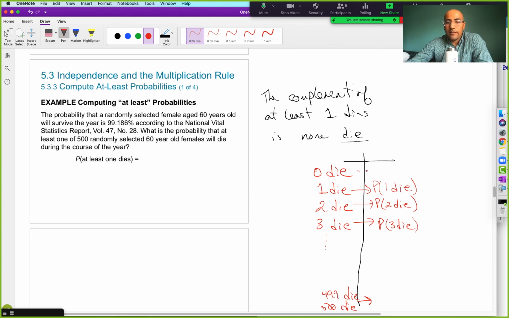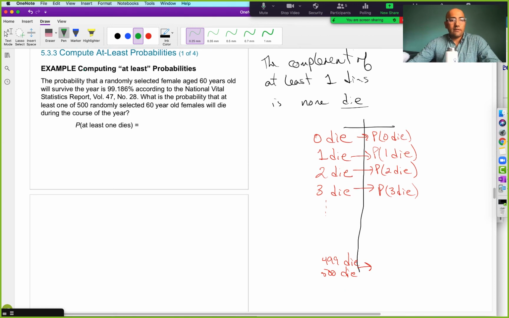What's the probability that 0 die? Now the statement, at least 1 dies, encompasses all of these cases over here. Good. So one way to approach this is to find the following. When we say the probability that at least 1 of the 500 dies